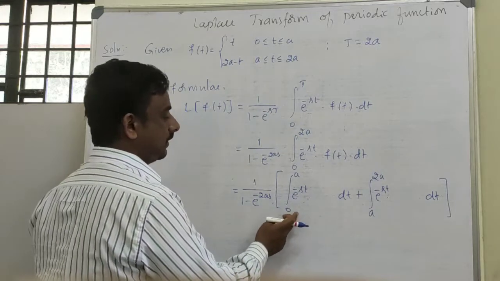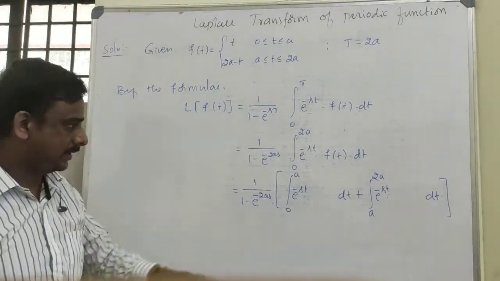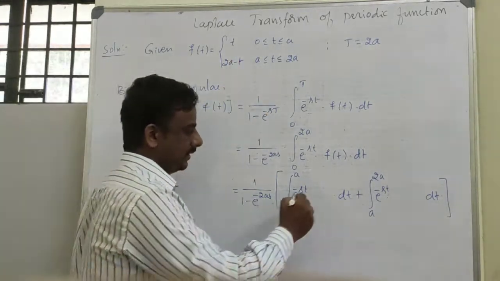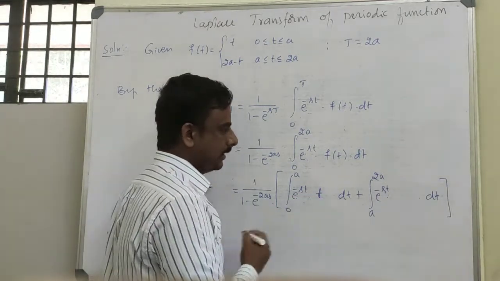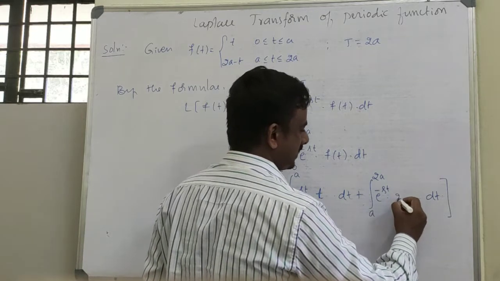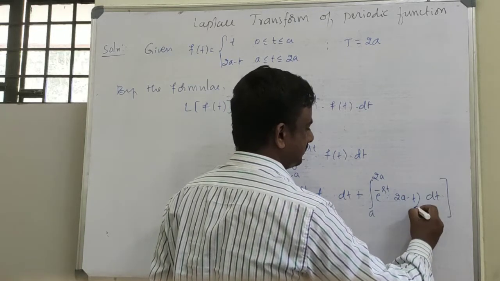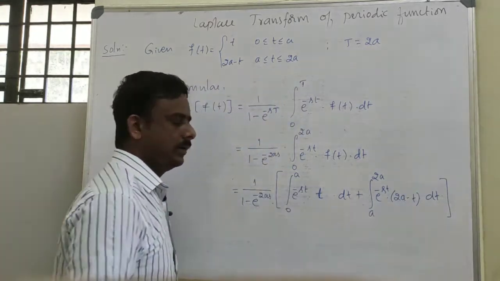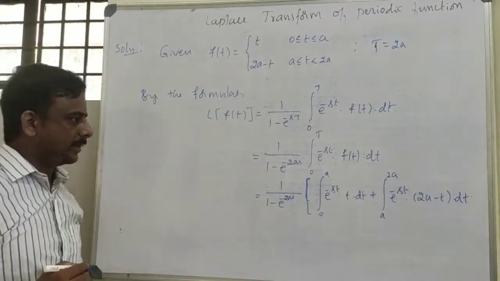Now in the first interval, when t lies between 0 and a, the value of f of t is t. So here I should write t. And when t lies between a and 2a, the value of the function is 2a minus t. Now applying integration by parts,